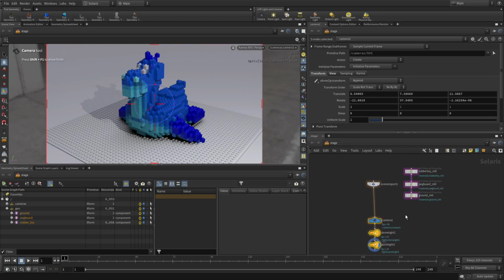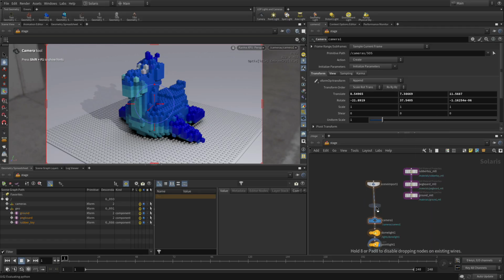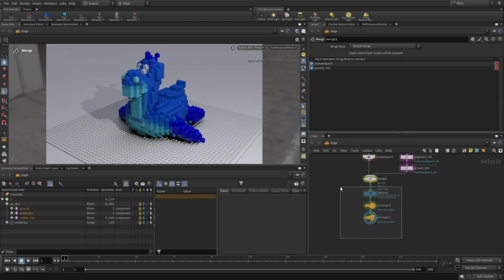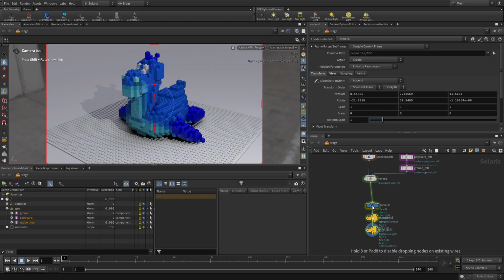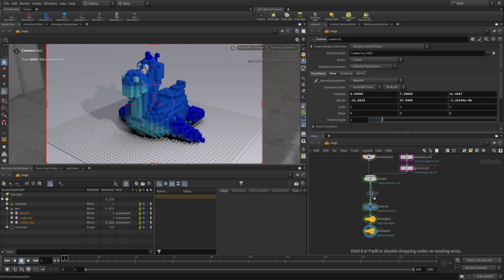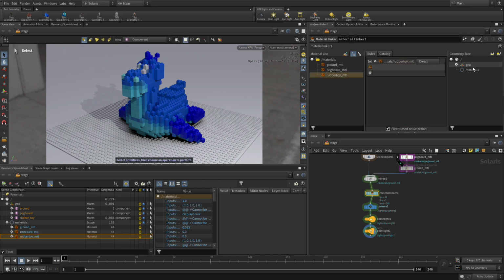So the first thing we're going to do is merge these in. We'll put the merge here and feed the materials into there. Then we're going to drop those down a little bit. And we're going to go Tab, Material, and Linker. And once we've got that, we plug that in. Now what this allows us to do is, for instance, we can put the rubber toy material